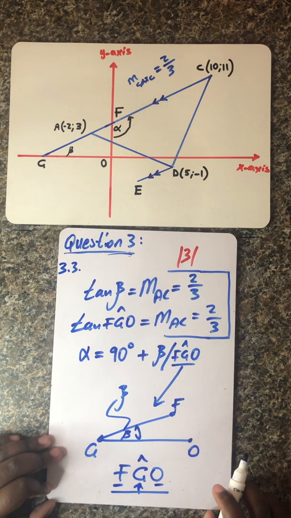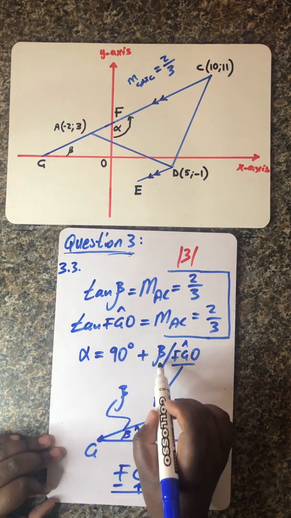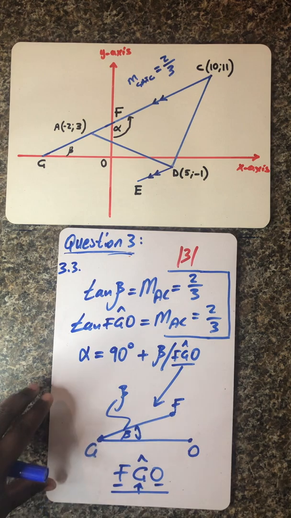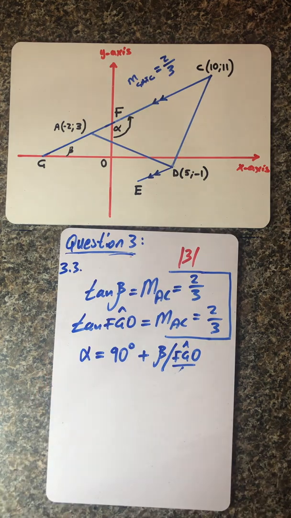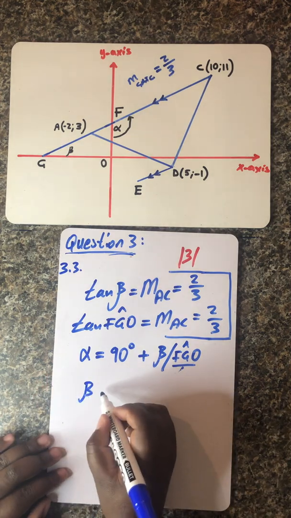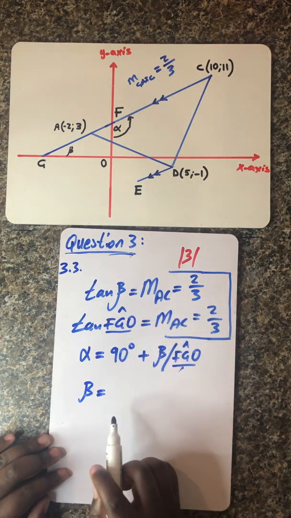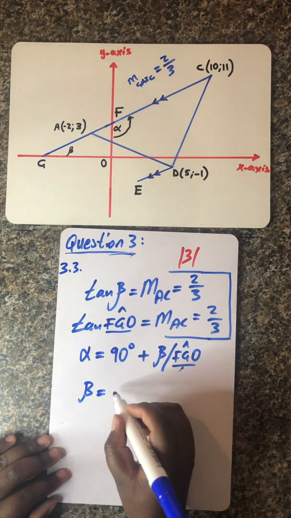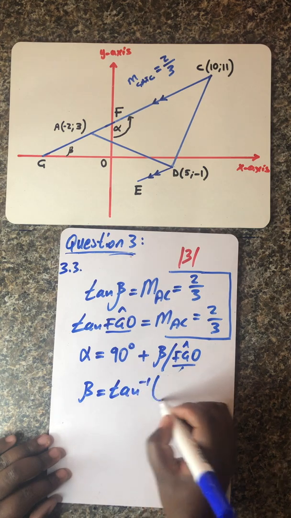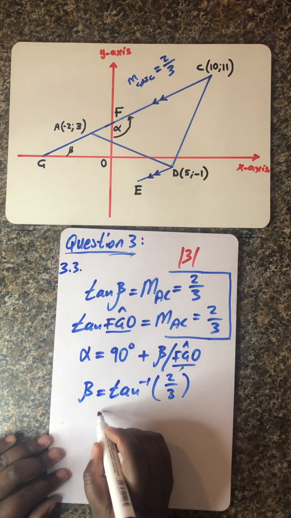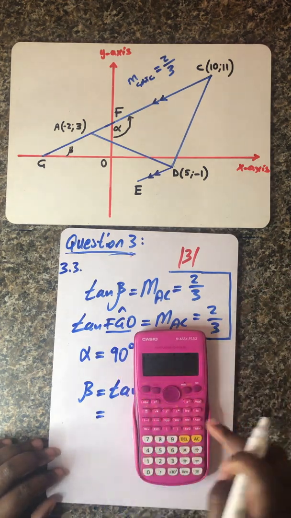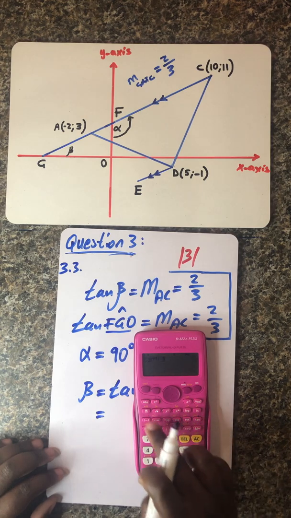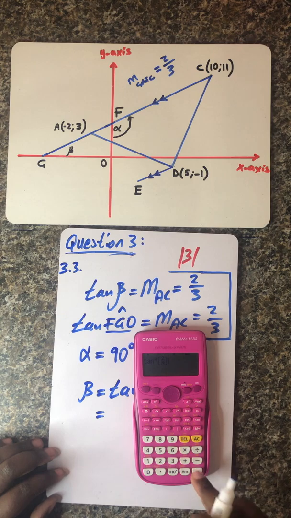Okay, so ladies and gentlemen, that means angle alpha is equal to 90 plus this angle. So let's quickly calculate that angle and add it to 90 degrees. Obviously, guys, let's just refer to it as beta, otherwise one may say angle FGO. Obviously we know it should be second function of 2 over 3. Then you can pull out your calculator and punch second function of tan 2 over 3 close,